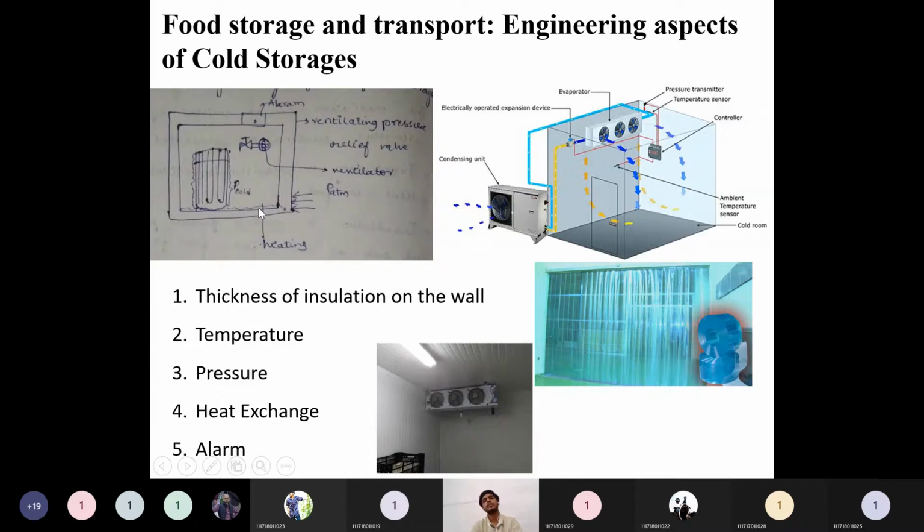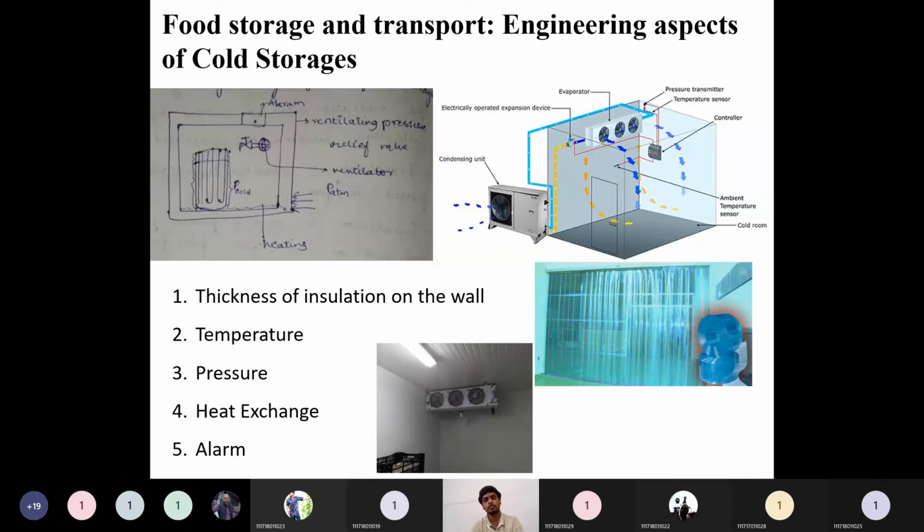Whenever there are extreme conditions like very low temperatures, very low pressures, very high pressures, or very high temperatures, in order to gauge the temperatures inside that one, there should be an automated alarm setup, both audible as well as visible, so that the operator who is looking after this cold storage can have some idea what is going on inside. Otherwise, he could not have any idea.